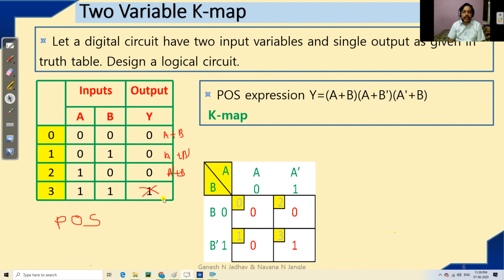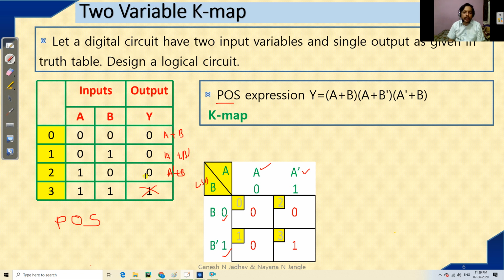Okay, so using the K-map, a 2 by 2 K-map, as I discussed, the K-map uses the gray code. In an earlier video we saw what a gray code is. So in the K-map technique, A is written here, B is written here, which means LSB is here. A can be 0, A can be 1, but keep in mind this is a POS technique. So 0 is valid but 1 is invalid. So where it is a 1, we have to make it a 0. Here it is a 0, so it is A, but here it is a 1, so to make it 0 we have to take it as A dash. Similarly B can be 0, B can be 1. Here I am writing B, it is a 0 in POS already, so it is in POS form. Here it is a 1, but to bring it into POS form it must be B dash.